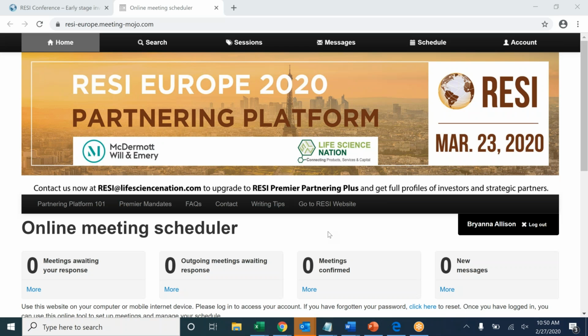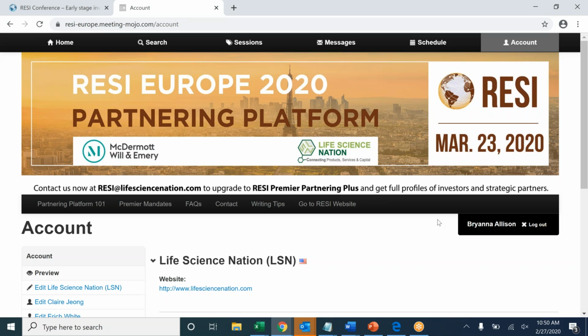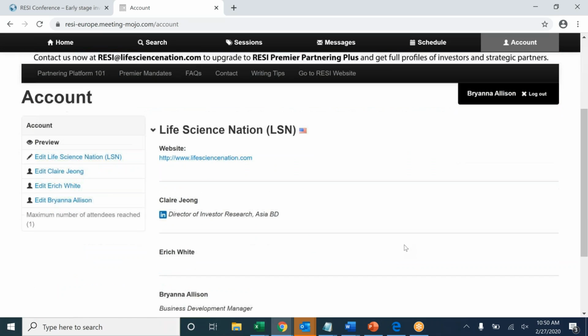But really, everything you're going to be using for the partnering, you'll find in this black bar right here at the top. So to go to your company profile, you just click Account. If you scroll down, you can see you have a company profile, and then if you have multiple people from your company attending, you can actually see them here, and you'll have a little personal bio to fill out. So if you click Edit,